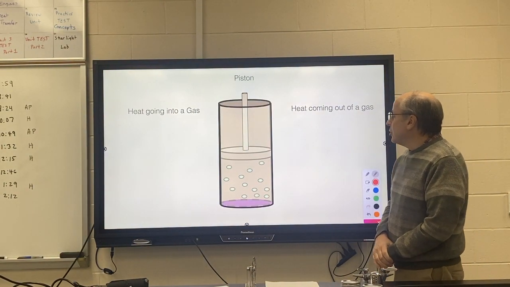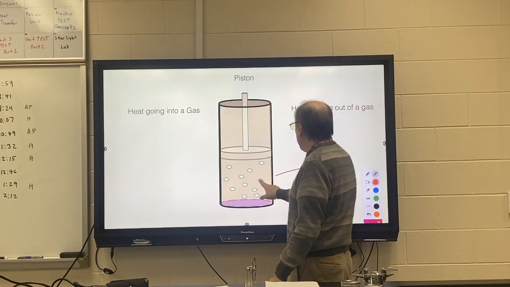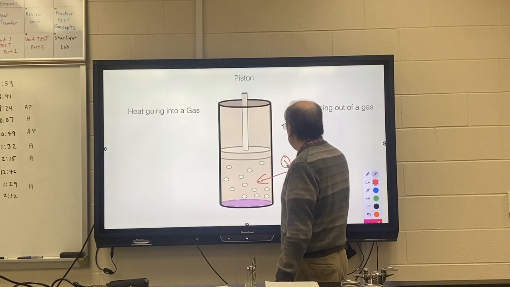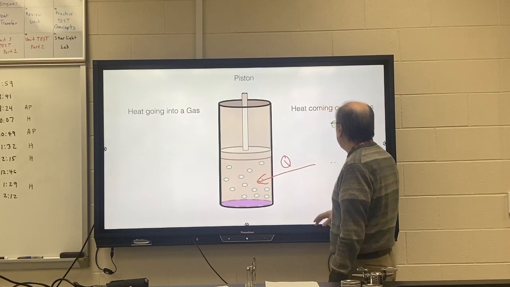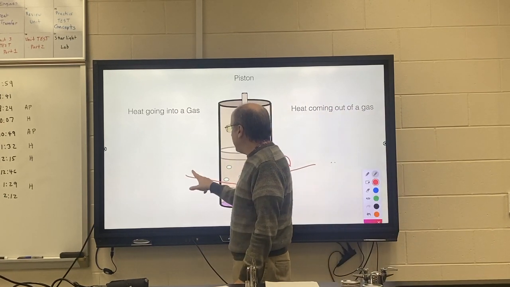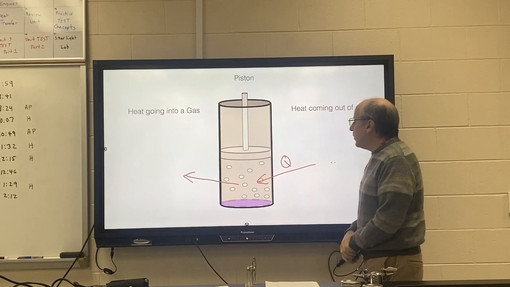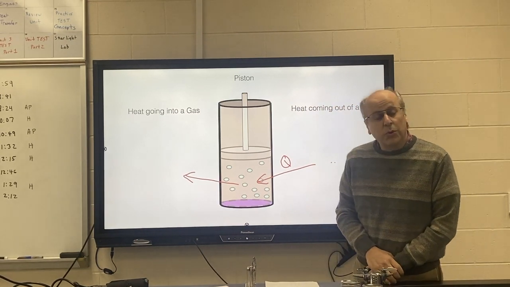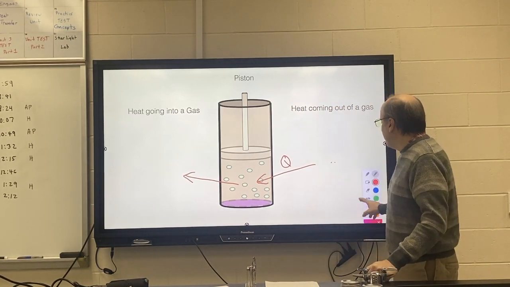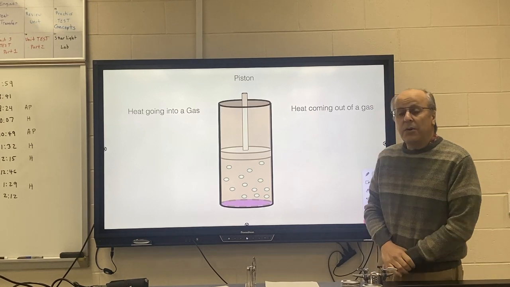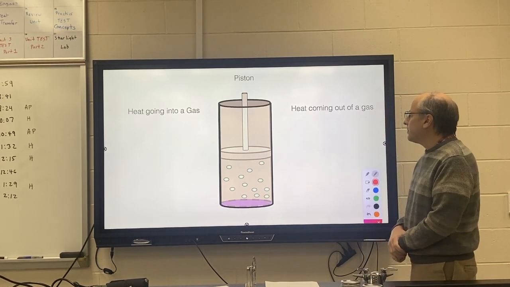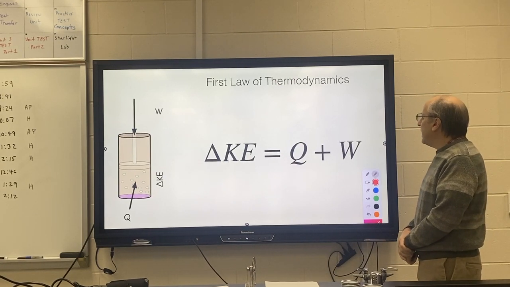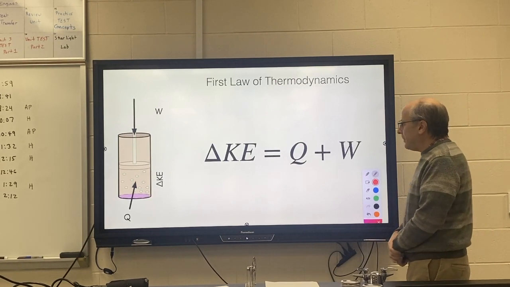Okay, remember, in addition to work, we could also have heat going into the gas. That's going to happen if the outside is warmer than the inside. We could have heat come out of the gas, and that is when the outside is cooler than inside. So you have work that can go in, and you have heat that can go in or out. And they are related by the first law of thermodynamics,